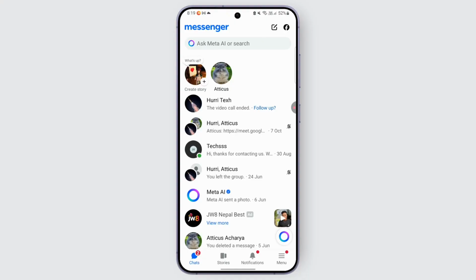So that is it, everybody. You may follow this method if you want to recover or restore your Messenger